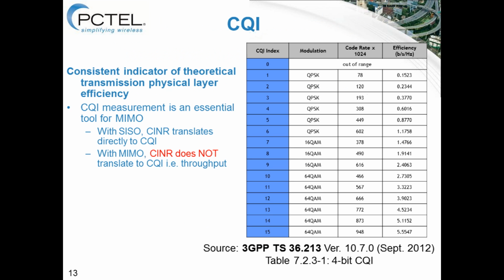The other important measurement is the channel quality indicator, as I mentioned previously. Because what this is, it's a consistent indicator of the theoretical transmission physical layer efficiency. So if you look at this chart on the right-hand side, this was taken from 3GPP Technical Spec 36.213. We got the latest version here from September. And it matches the CQI index from 0 to 15, what the efficiency rate is for transmission in your air